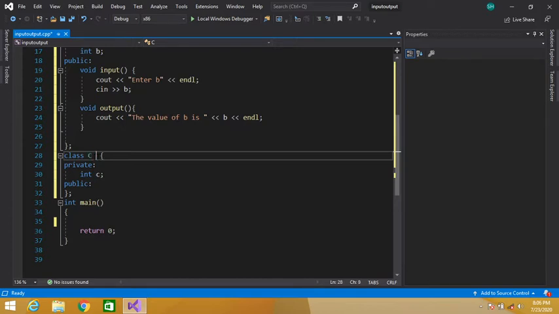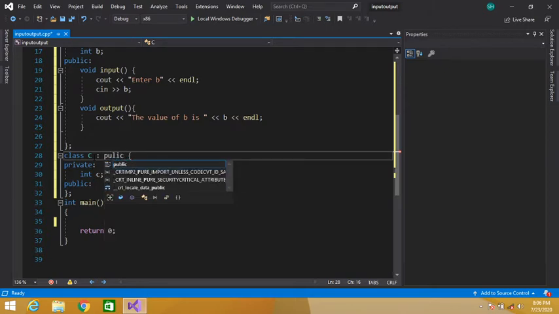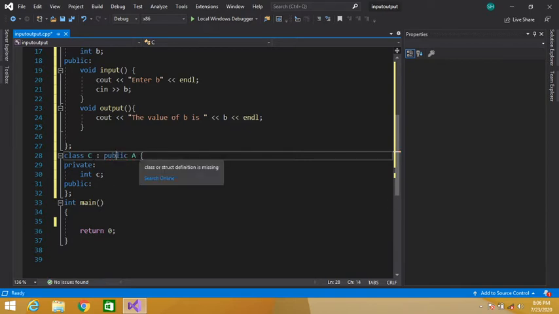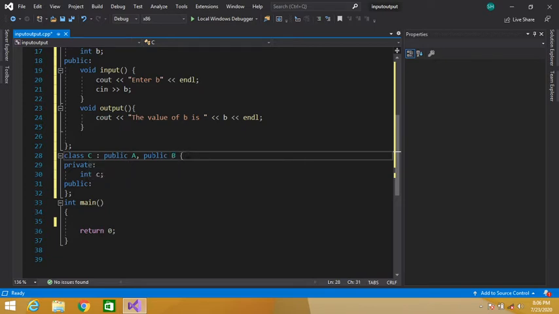Now let's make this our child class C publicly inherit class A, and we have to put a comma here, and the second parent of this class is class B. So our class has two parents, class A and class B. So this is multiple inheritance.